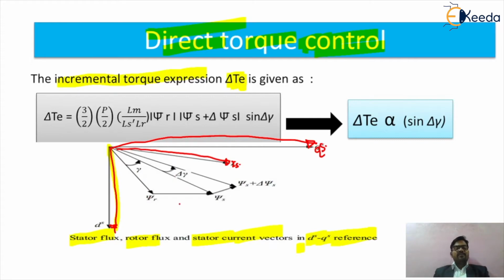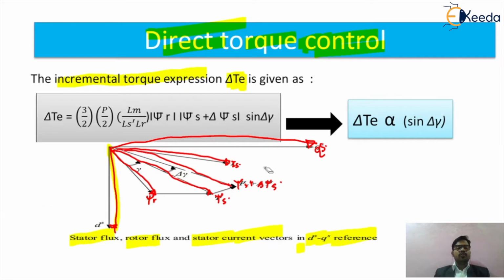Similarly, if you want to get the value of your flux control by means of changing the rotor flux, we call it the rotor flux density, that is psi r. We are getting this psi r by means of this reference vector. Similarly, if you want to get the value of psi s, that is the stator flux quantity or the stator flux density component. So friends, from these two figures, we are getting the value of the third quantity by means of the angle, that is psi s plus the change in psi s. So this will be the basic term that we are using here.